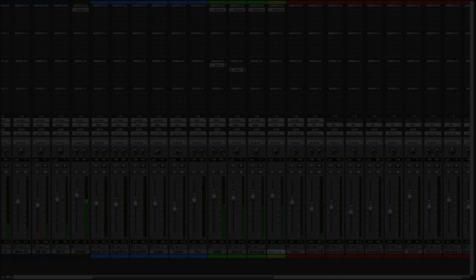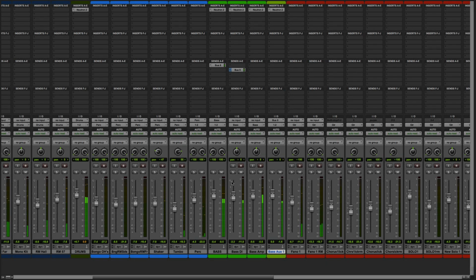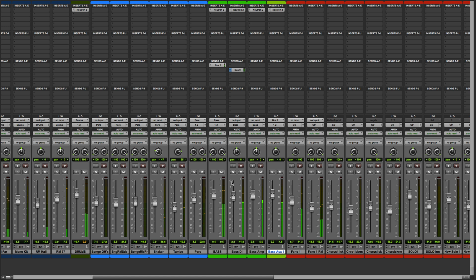A lot of lovable low-end content can suddenly disappear from cheap earbuds or computer laptops. So if you've ever put your mix up against a famous commercial reference on a laptop speaker and wondered why the bass is lacking or disappears in your mix, try the following trick. Bus your bass, kick, or low-end element to a separate aux channel, as I've done here with bass aux 1. Then examine it with a frequency analyzer to see where the fundamental frequency range is. This is where you see a spike in frequency response.